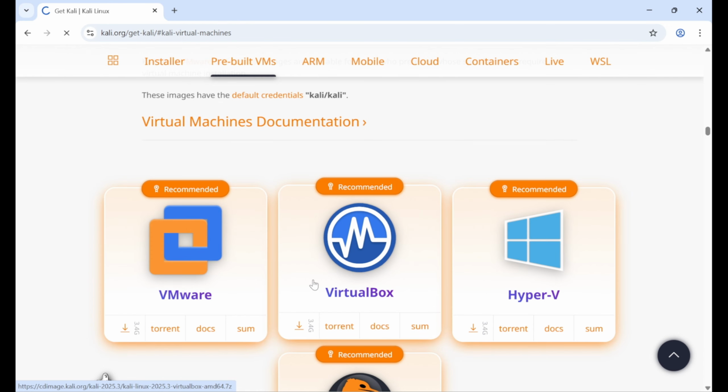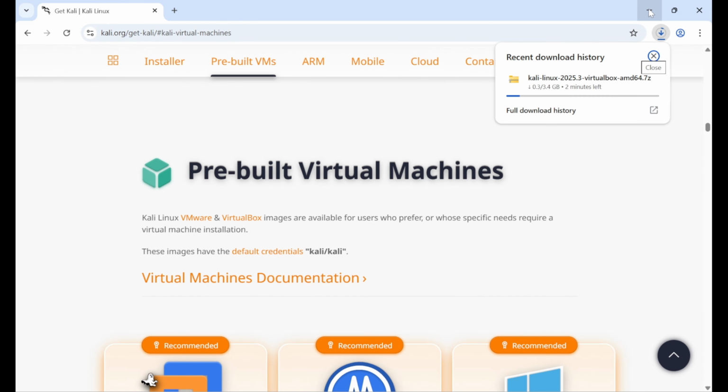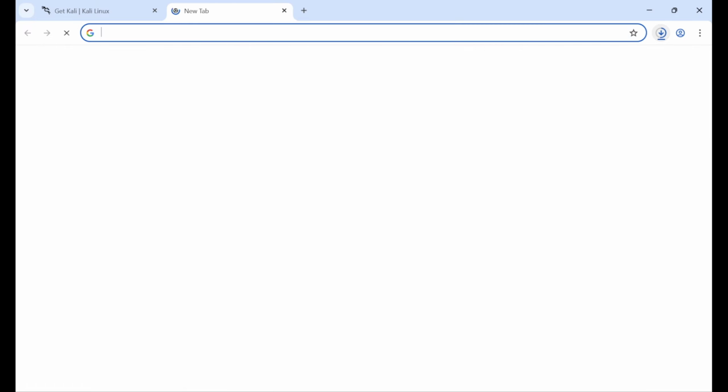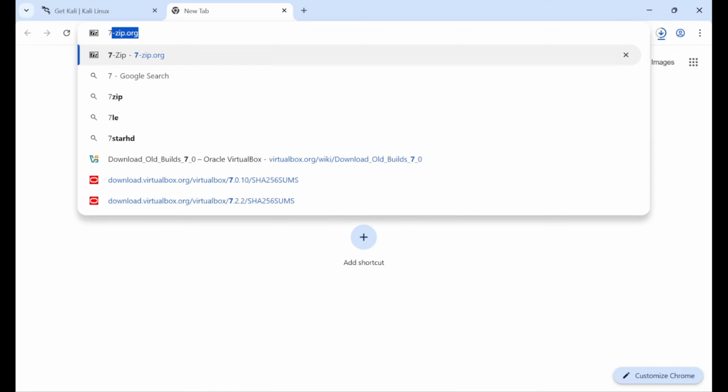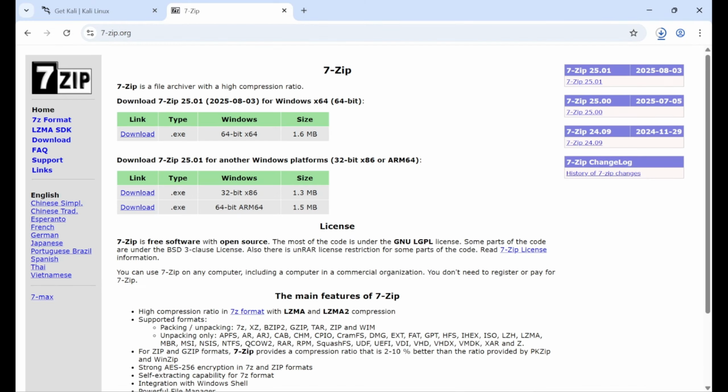Let's go and download the pre-built virtual machine. Looking at the download for Kali Linux, I noticed that it is a 7-zip file extension, meaning that if you don't have 7-zip installed on your machine yet, I would highly recommend it. To install 7-zip, we'll go ahead and navigate to their website at 7zip.org. Take a look at your architecture, if it's a Windows 64-bit machine or 32-bit machine, and download the appropriate one